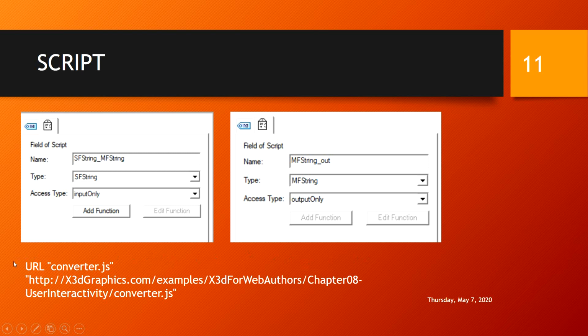the most important thing is that you have to use this URL. This is a JavaScript which is located at this link. So text will be sent to this particular link. There the conversion will happen, and the converted text will be displayed in the VRML environment.